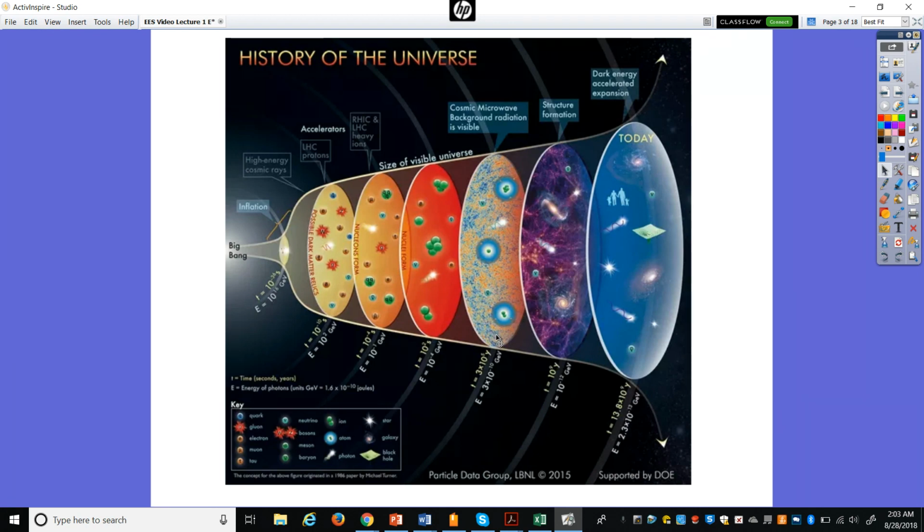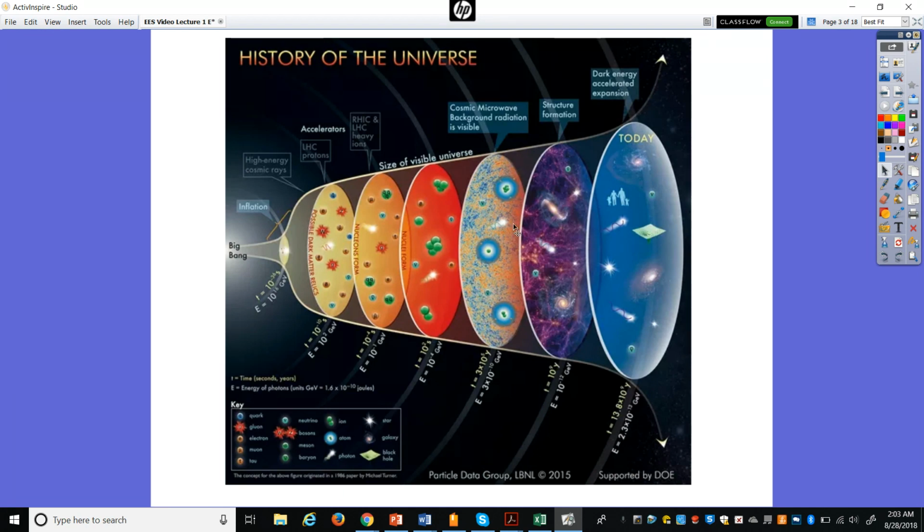And since there was light, we recently have been able to measure this thing called cosmic microwave background radiation. It's electromagnetic radiation, remnants from the Big Bang. It's really heat left over from it, and we're able to measure it.